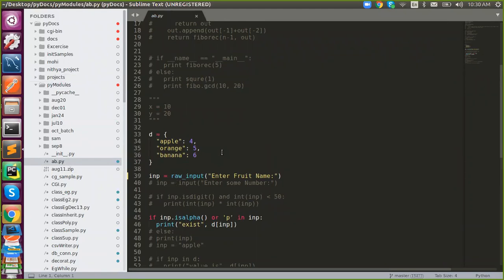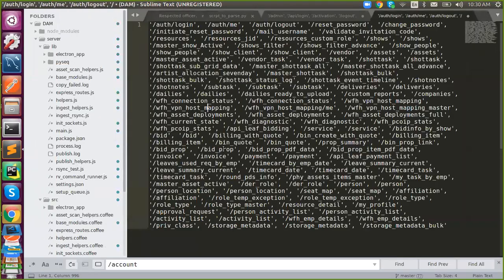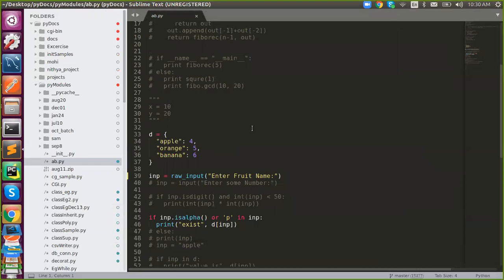It's just a basic editor. If you do not require any high-end tool, then you can go with Sublime. It's a basic editor for Python, and you can maintain a Python project with the help of Sublime.